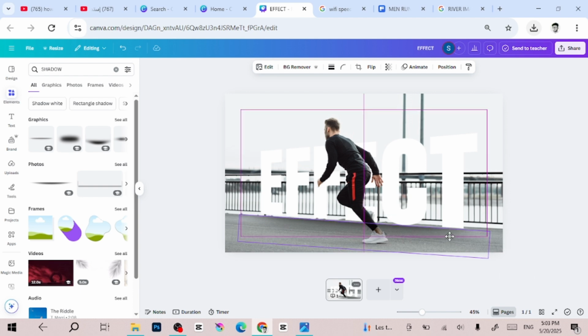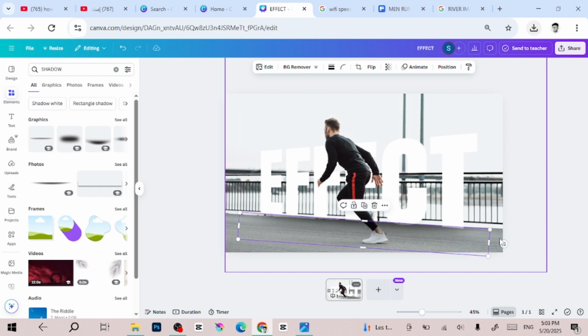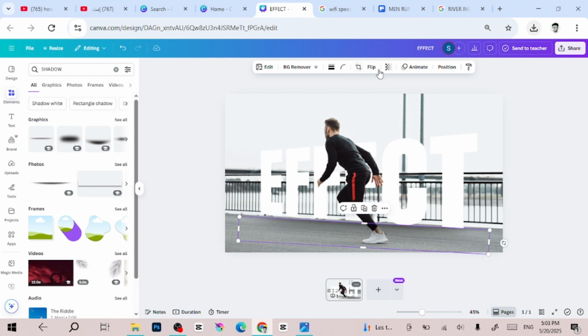So just try to put it on the right place, guys, and go to transparency here and make it like this. Make it here on 76